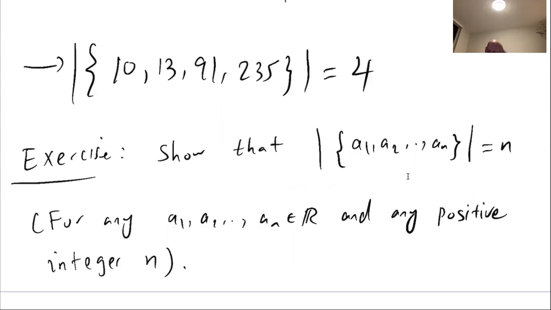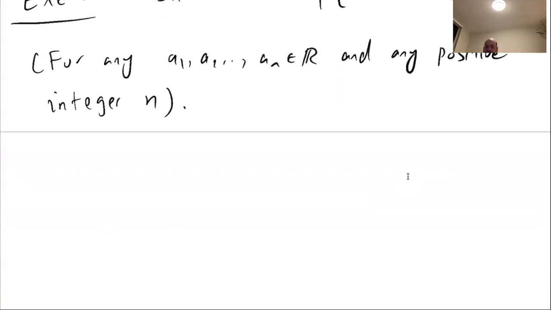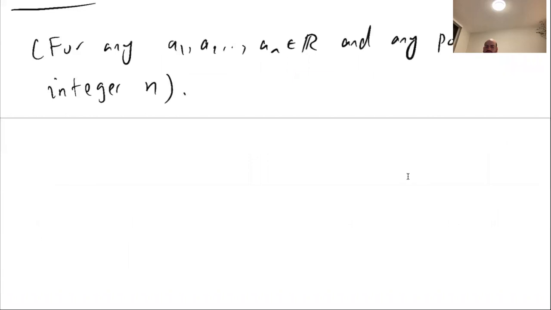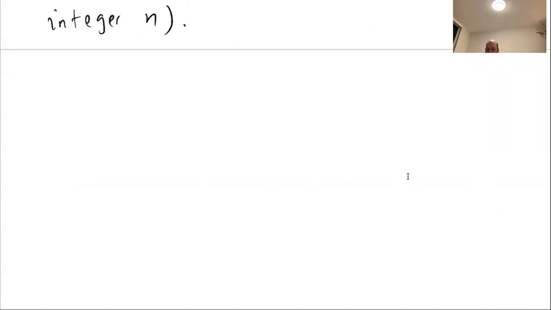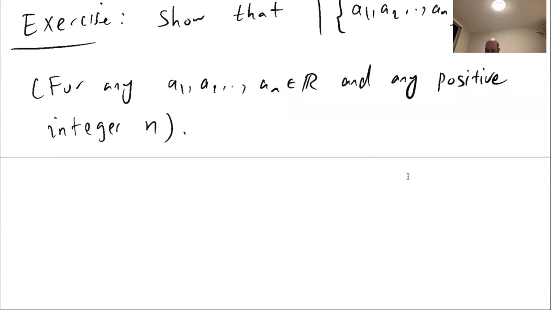So as long as you have a positive integer N and any N real numbers, A1 to AN, the cardinality of that set is N. The reasoning is very similar to what we just gave for a set with 4 elements. Okay. Now,